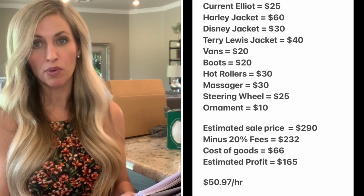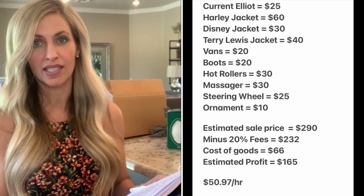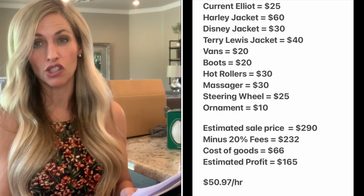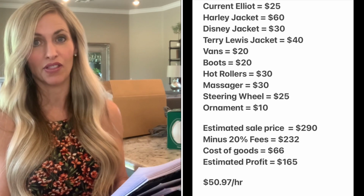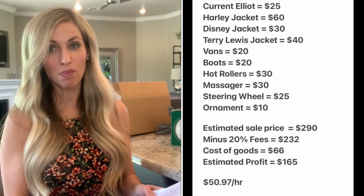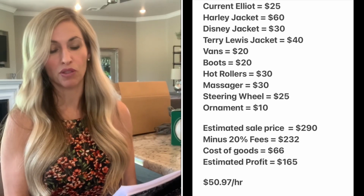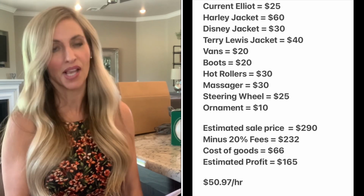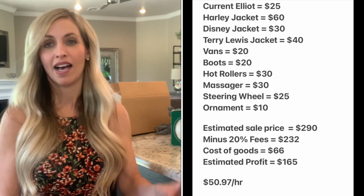If you take 20% off in fees, some of them might be less than that, but the max fees that I should have on these is 20% if it sells on Poshmark. That takes it to $232. My cost of goods was $66.35, which means I should make a profit of $165.65. Divide that by 3.25 hours. That is $50.97 an hour, which is excellent